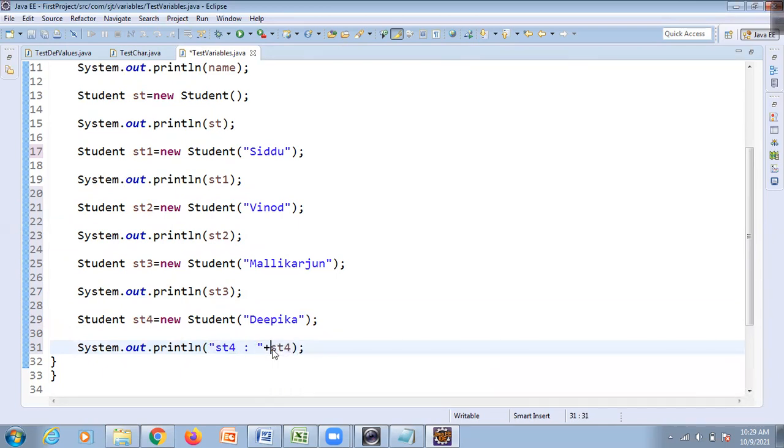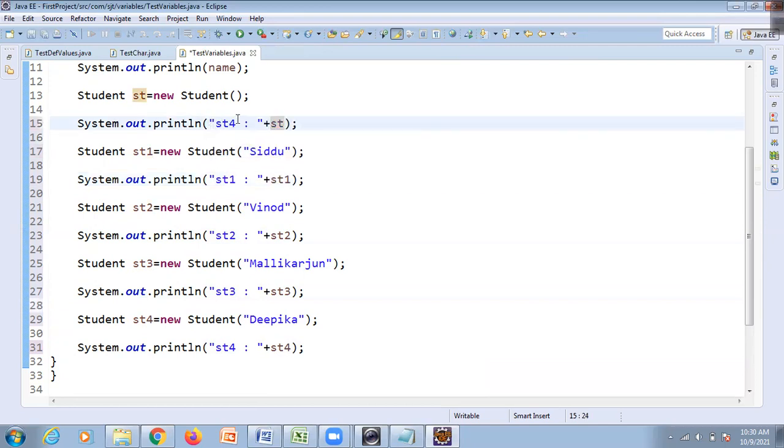So the same thing we will do. This is ST3, this is ST2, ST1.